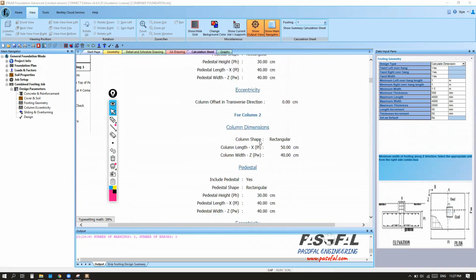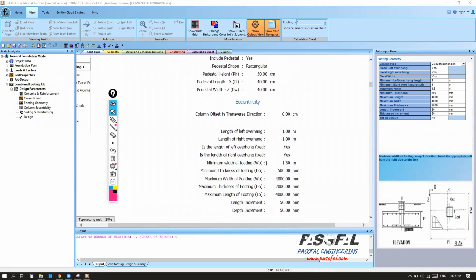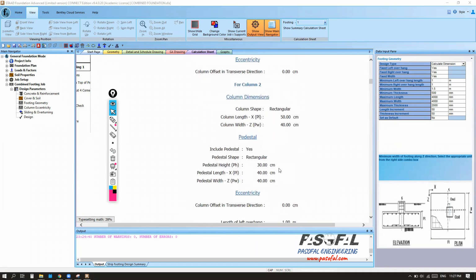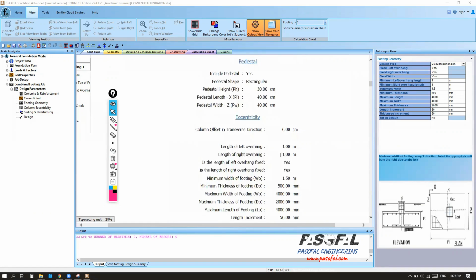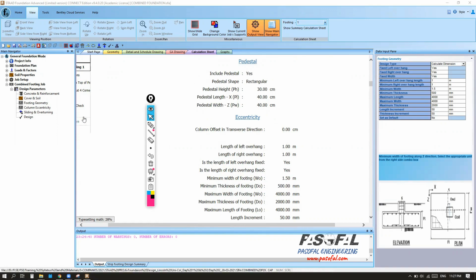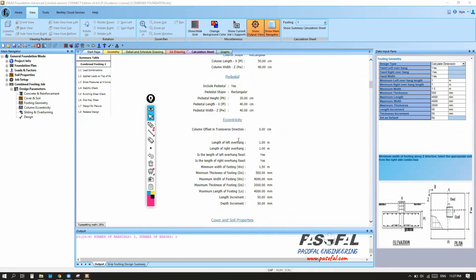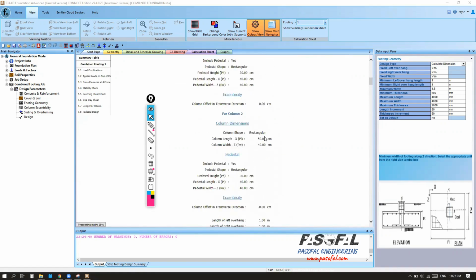Okay, and then the rest is a very detailed calculation, and at the same time it is very summarized. Which means this report directly takes you to the main calculation. Unlike other software, because in many software, after generating the report, you may have 100 pages, but right now in STAAD Foundation Advanced, if I want to see how many pages I have, simply I can come to the